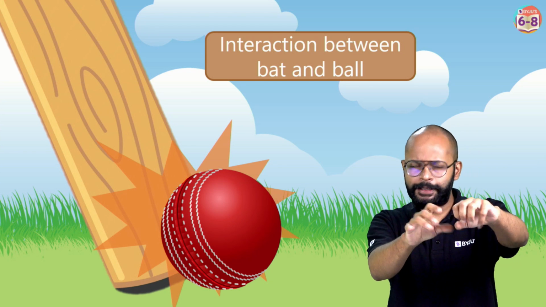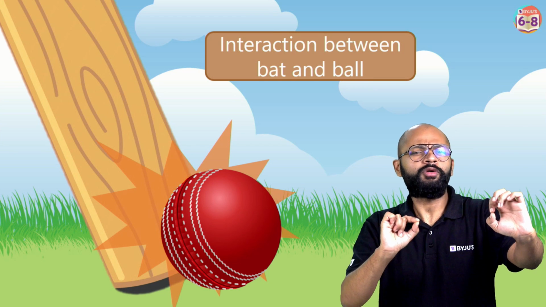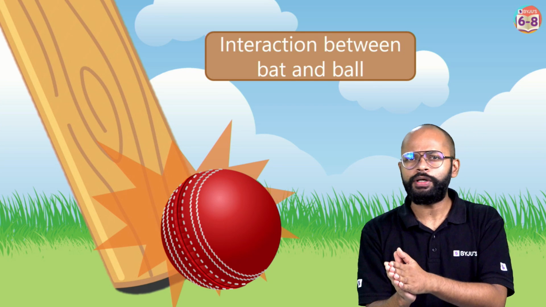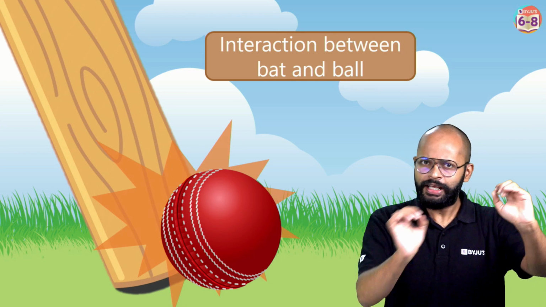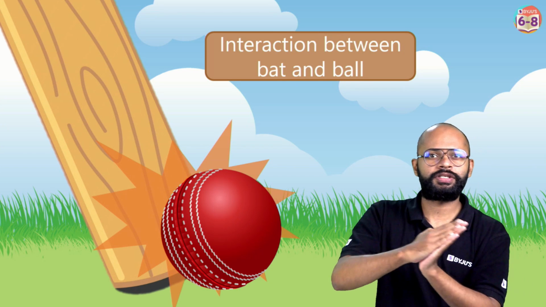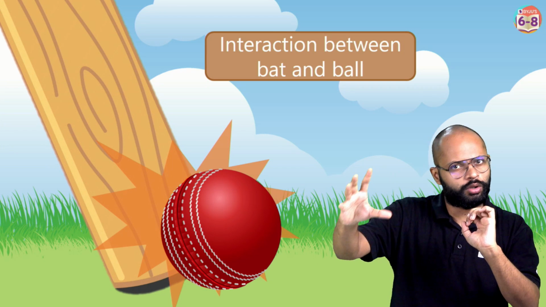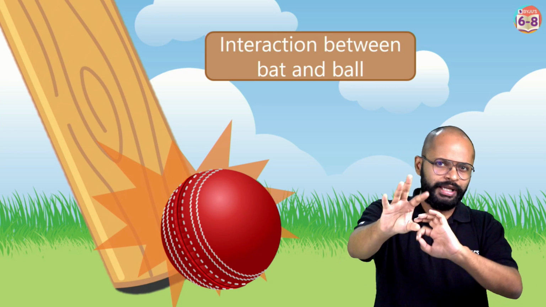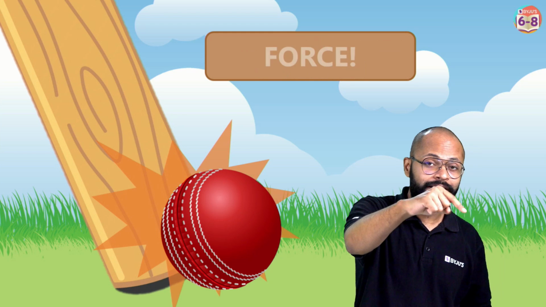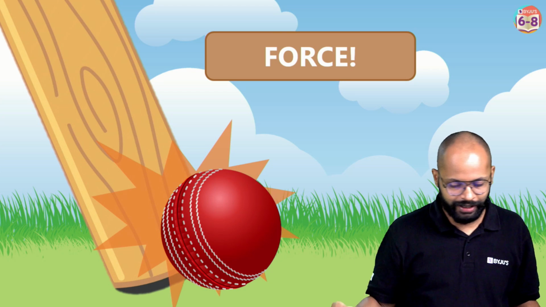Okay. So, at least from our side, people who are trying to unravel the science behind this thing, how can we say? It's an interaction between a bat and a ball. And what about force? What is force? Force only comes into the picture when there is an interaction between two bodies. Alright. See, this is how we are connecting the dots, right? So yes, when the bat hits the ball, there is an interaction happening. We can say force also comes into the picture when the two bodies interact. Means somehow we are talking about force. When the bat is hitting the ball, there is an interaction, means there is a force coming into the picture.